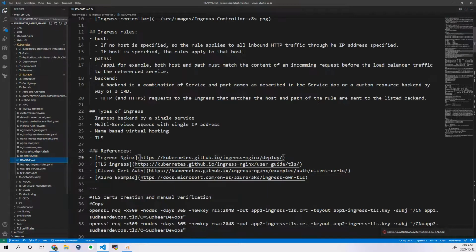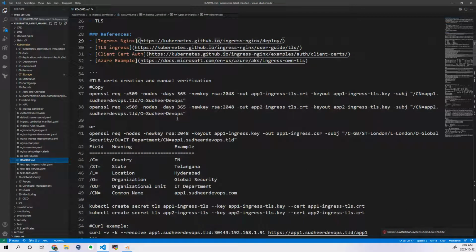Here is a readme with a simple command showing how to generate certificates. You can see OpenSSL TLS certificate creation and manual verification. The certificates are getting created, one is the cert and one is the key. That is what we are trying to generate, on the name of